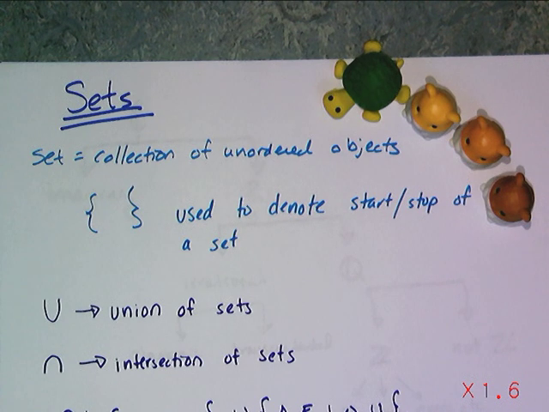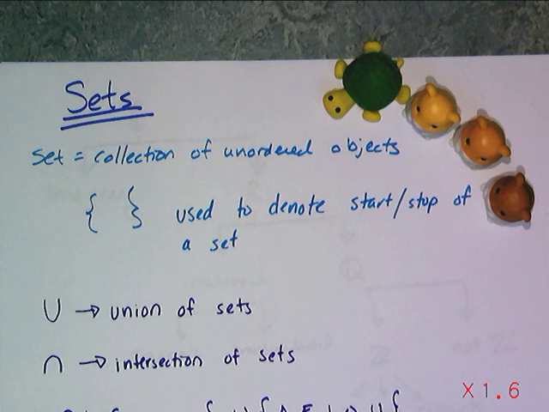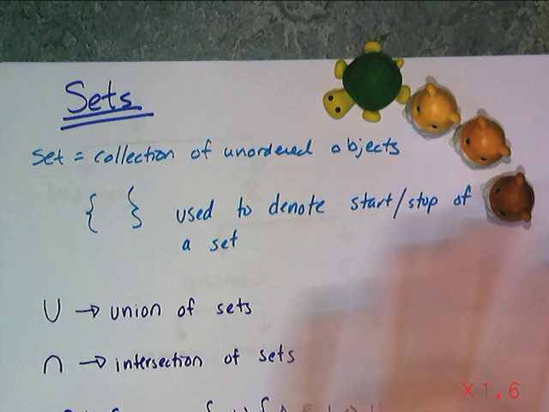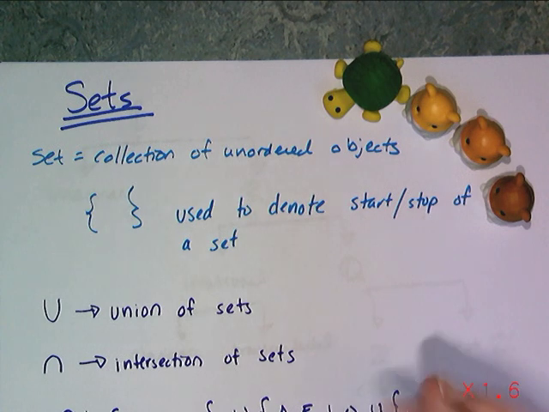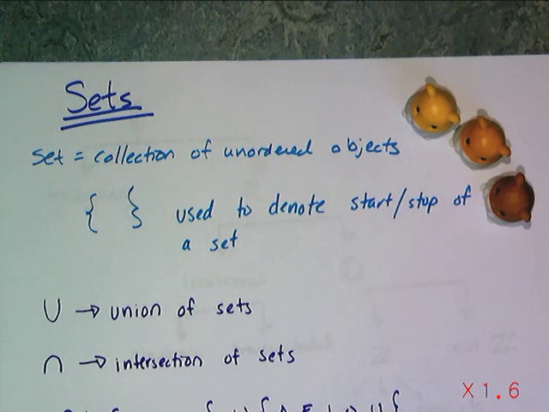Hello everybody! Today in this video we are going to talk about sets and some notation that we're going to use in relation to sets. So let's start off with the definition of a set, and it is just a collection of unordered objects. For example, here I have a collection of erasers, so I have a set of erasers here, and if I have a subset, that means a set within the set, so I can say one of the subsets is just